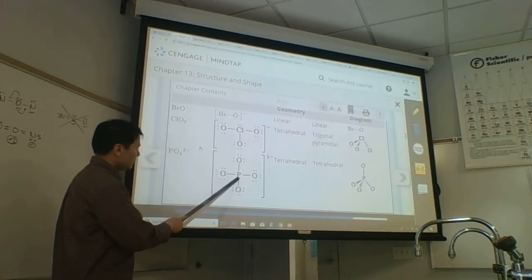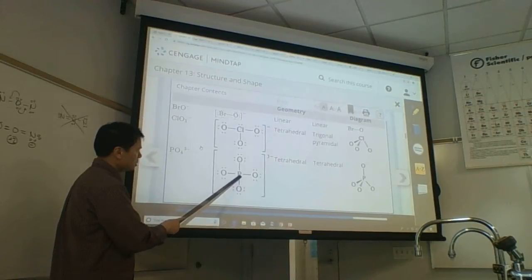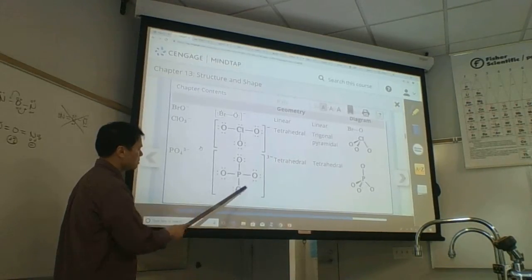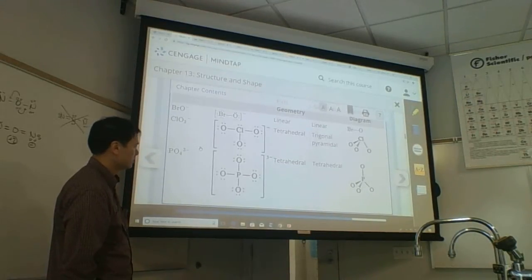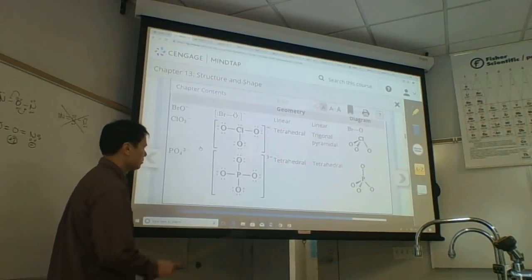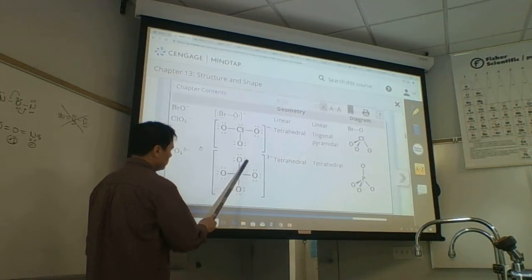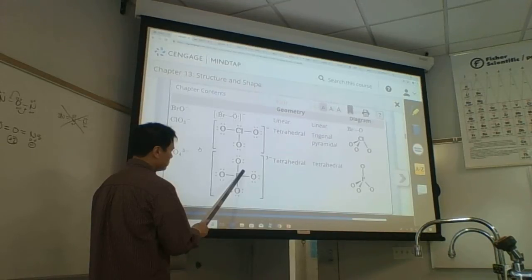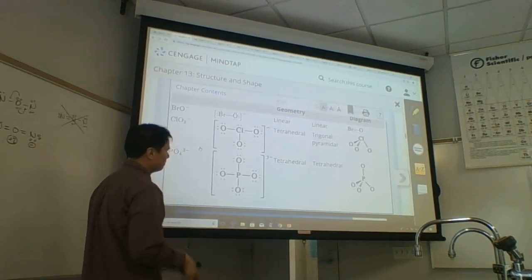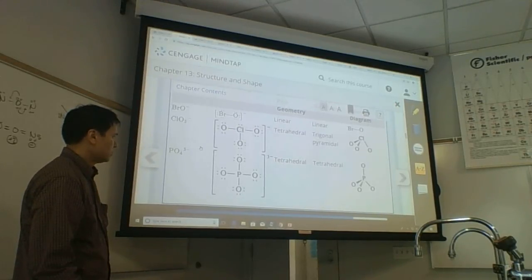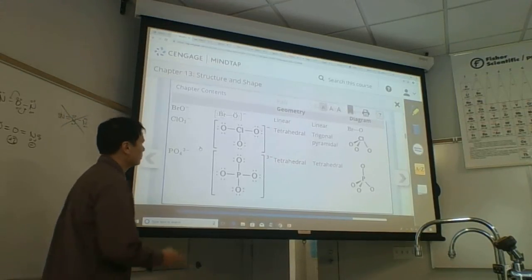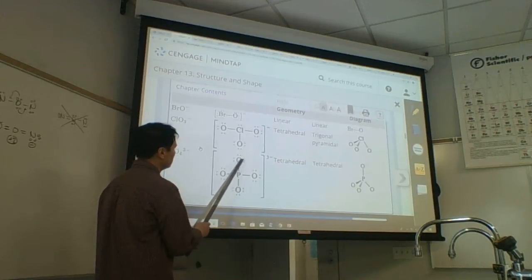The same thing, they didn't expand the octet on phosphorus. They just left it. So the formal charge on phosphorus is plus, and all the oxygens are minus. And that's what your book is going to do. It's not going to expand the octet to decrease the formal charge. It's not entirely wrong, nor is it entirely wrong to expand the octet to decrease the formal charge. The true reality is somewhere in between. And the true reality for this can be determined using a more sophisticated approach, which is called the full quantum mechanical treatment. What we're doing is the partial quantum mechanical treatment of these using Lewis structures, valence bond theory, and octets,